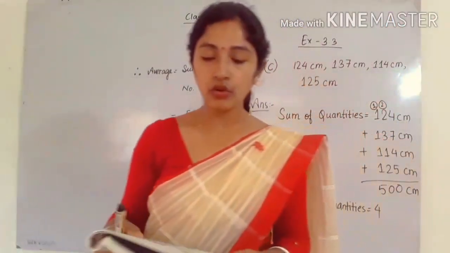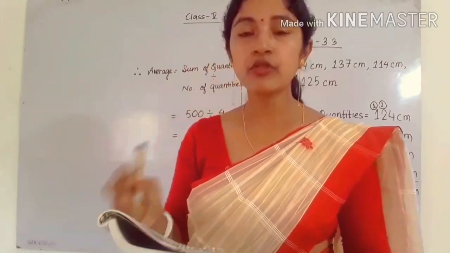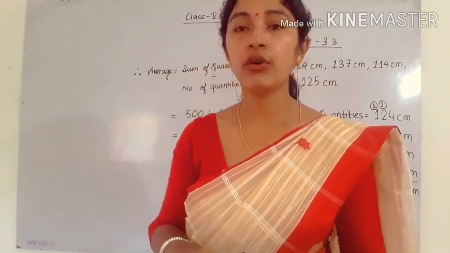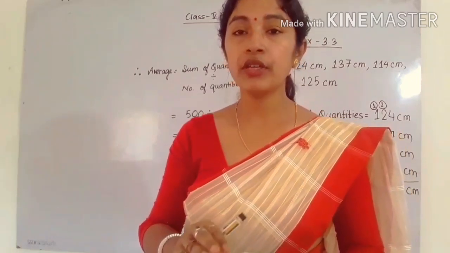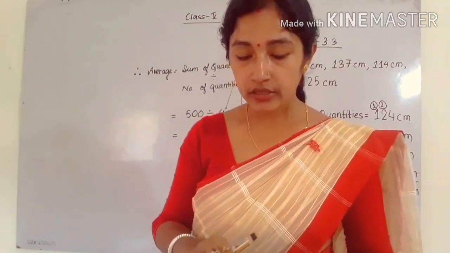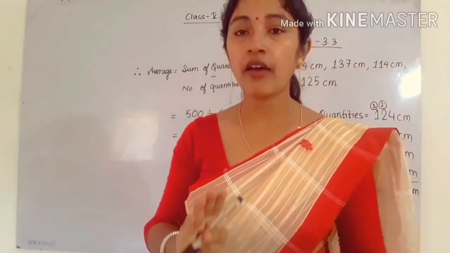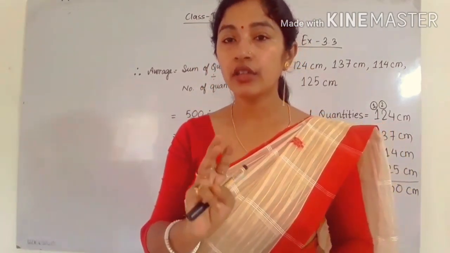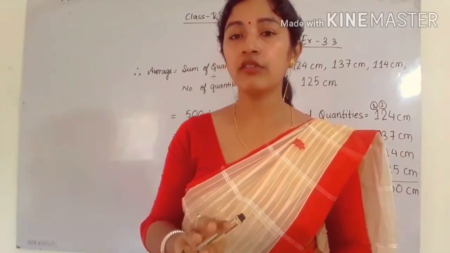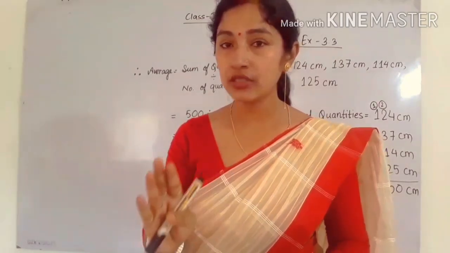So next is question number 2. See, in question number 2, there are 3 aquariums which are given in your book. You can do it in the book only. First question you have to do in your classwork copy. So try to do it. Next is question number 2. You have to find the average number of fishes. In the first aquarium we have only 3 fish. So that means number of fishes is 3.